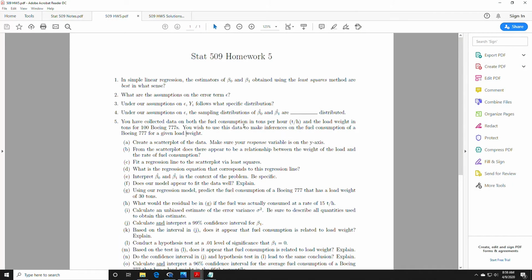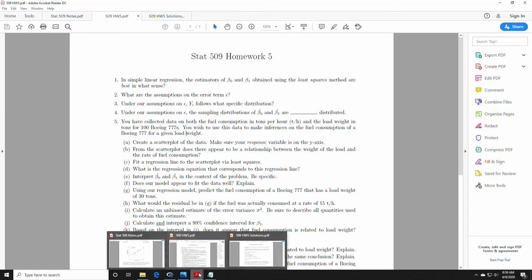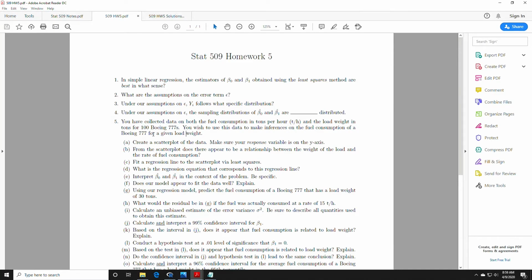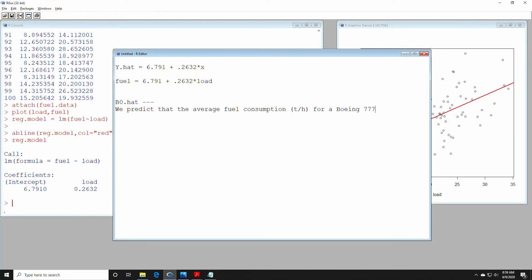We have tons per hour and load weight in tons, okay? So the average fuel consumption, tons per hour, for a Boeing 777